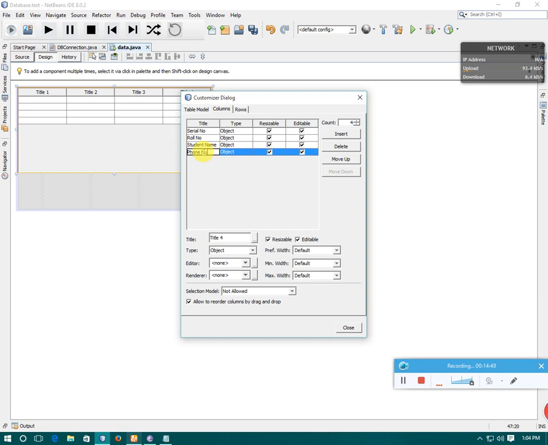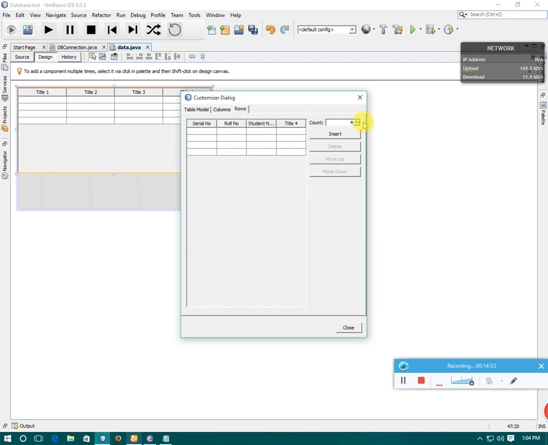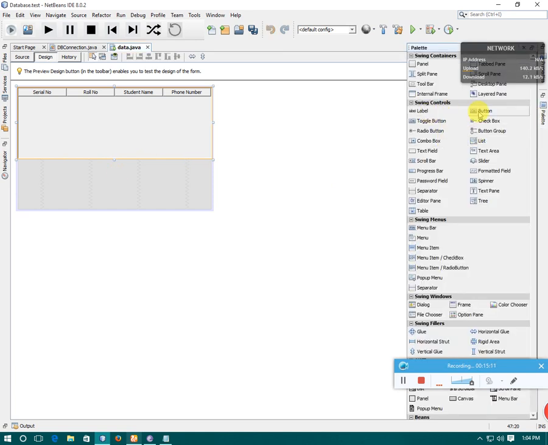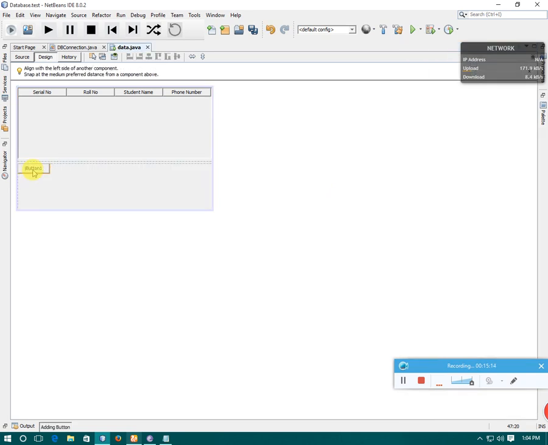And the rows will be null. Now you can see your table is ready for showing your database. To show the data from my database, I need a button. By clicking, it will show my data. Giving the name show data. Okay, if I run it, you can see